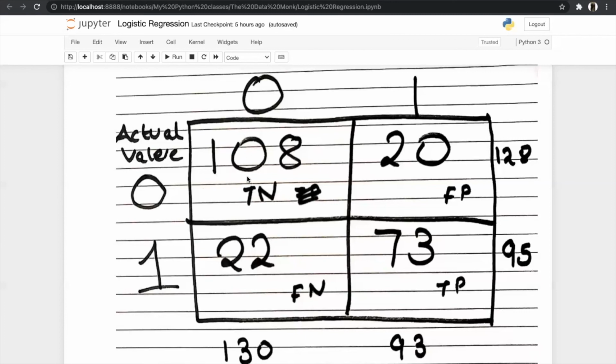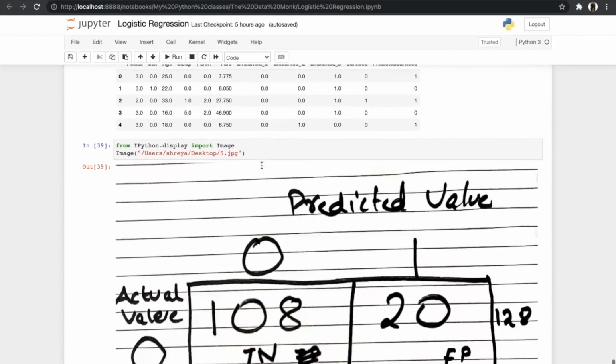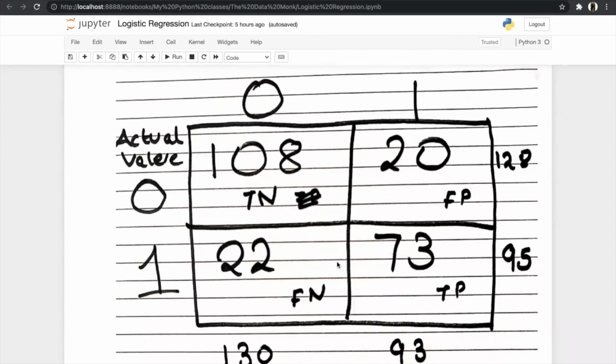It will be true negative divided by true negative plus false positive, as we have to divide the correct predictions by the total number of actual values of 0. So it will be 108 by 128, which gives us 0.84 for 0, and for recall of 1 it will be 73 by 95, which gives us 0.77. So we got our recall.